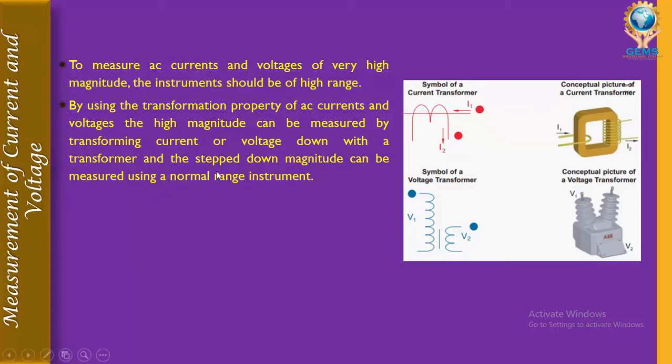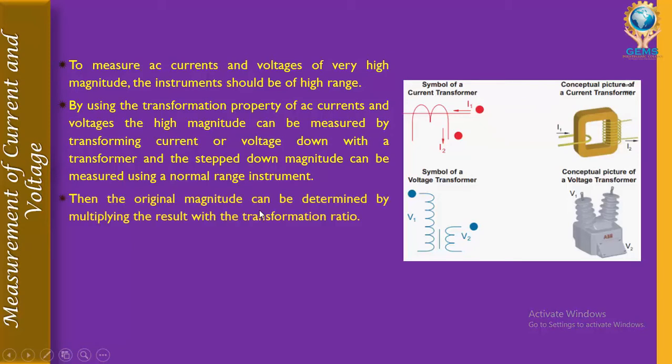For example, we know the mains has a 230 volt supply. So we have instruments in our home appliances where we don't require 230 volts. In such cases we can have an instrument transformer, and this instrument transformer will step down the high voltage and give the required amount of voltage that is needed for that particular instrument. And then we can multiply using the transformation ratio or turns ratio, so that we will get the correct value of the supply voltage or current.